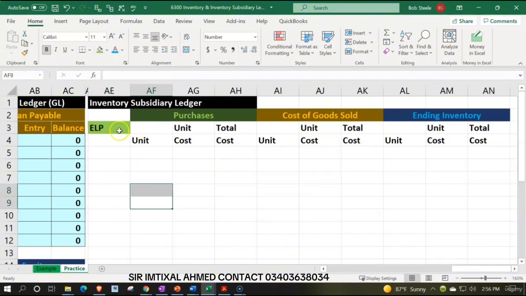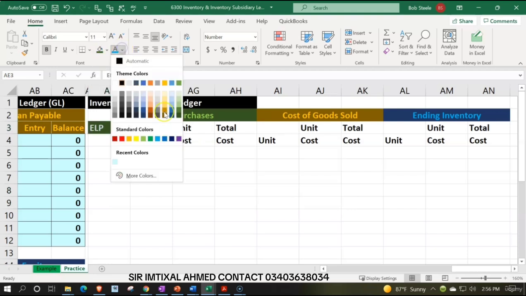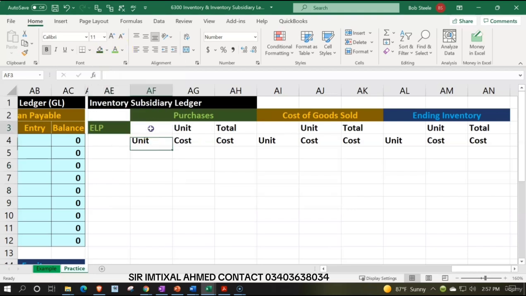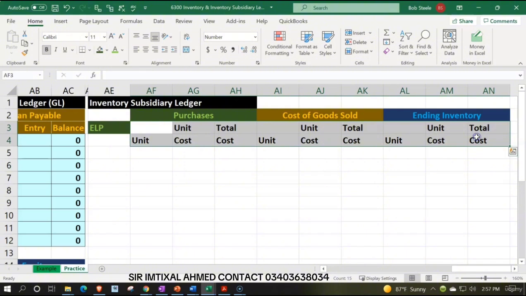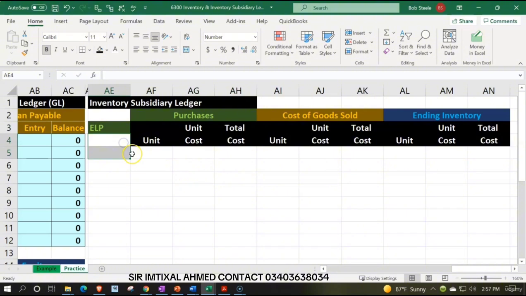And then these I'm going to, well, I did that backwards, didn't I? Dark green and then the light green. And then all these I'm going to make black and white by going to the font group. We'll make this one black and white and then alignment and center it. So I know that was a lot of tedious work there, but we're going to put under here,